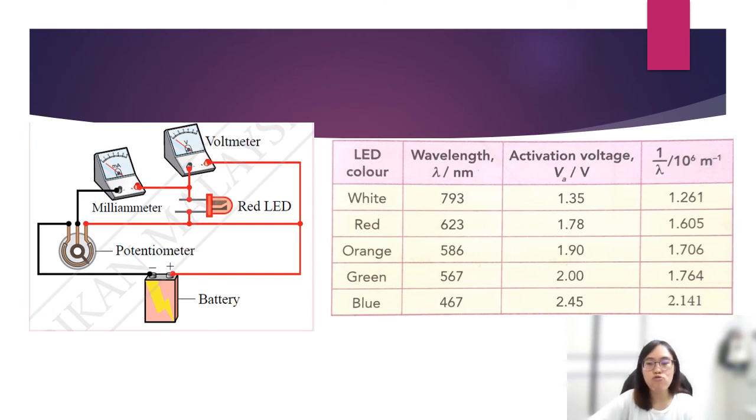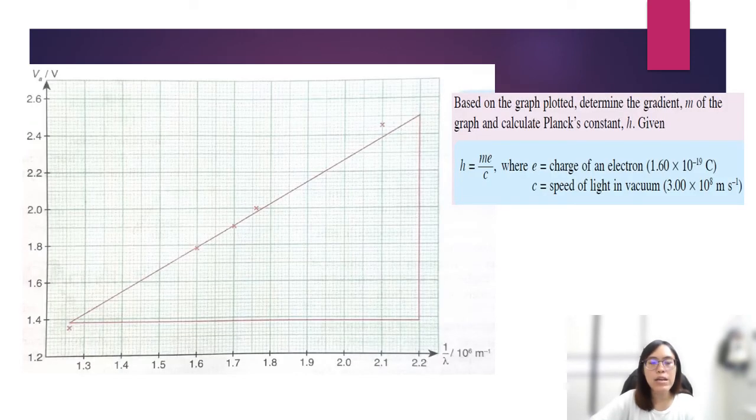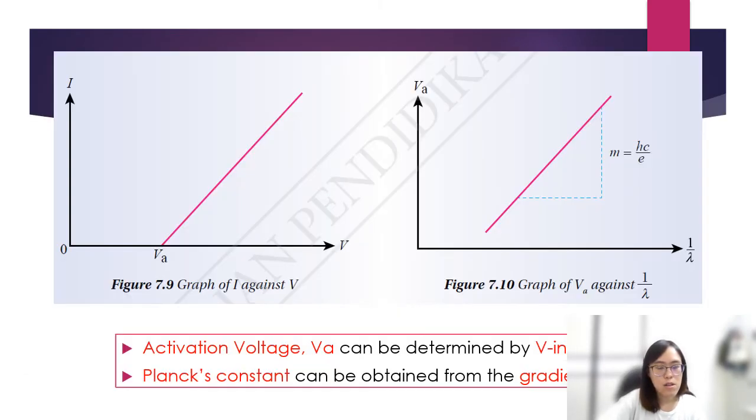reading to draw a graph. This graph you will see is a straight line graph, which is increasing linearly. The graph is between VA, the activation voltage, and 1 over lambda. So from there you can see it is a straight line graph. If it involves VA, how do you find VA? VA, the activation voltage, is actually